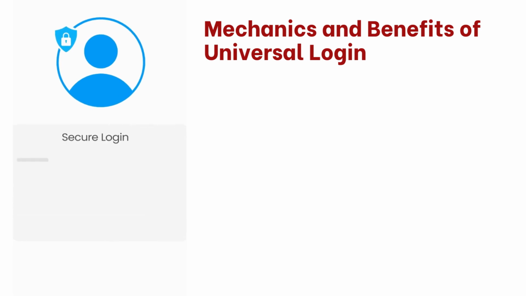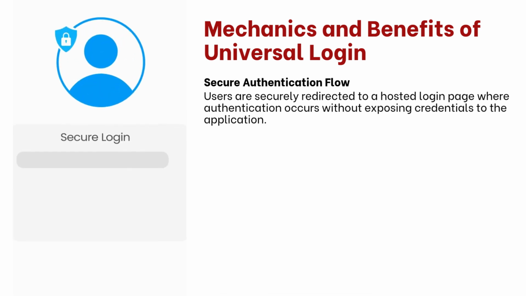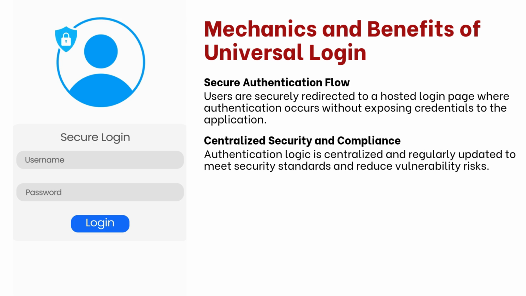Universal login operates by redirecting users from the application to an Auth0 hosted login page, where authentication occurs securely. Once the user successfully authenticates, Auth0 returns them to the application along with tokens such as ID and access tokens. This model offers several advantages. First, it minimizes the risk of credential exposure because the application never directly handles sensitive login information. Second, it simplifies compliance with security standards by centralizing authentication logic within Auth0's infrastructure, which is regularly updated to address